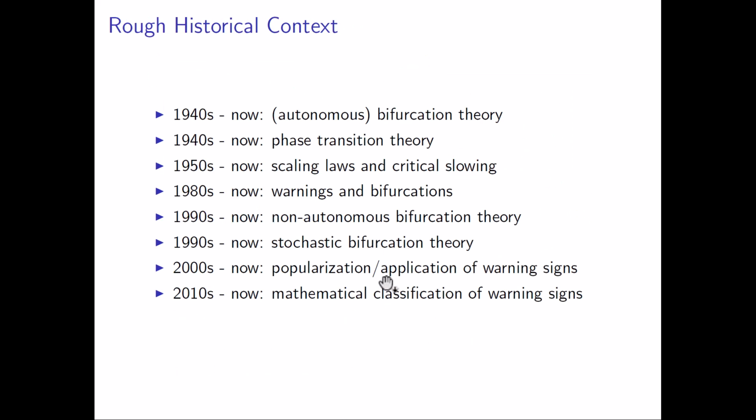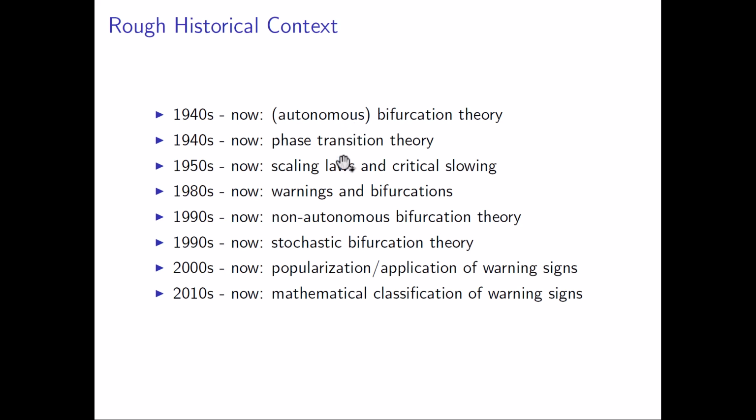So of course, as I said, this is sort of a super mini survey of lots of theory that has been developed over at least several decades. So this history is not complete, and it always has to be read like that: the year on the left, for example the 1940s, is at least since the 1940s, or at least since the 1950s. So first there was autonomous bifurcation theory that has been developed concurrently with phase transition